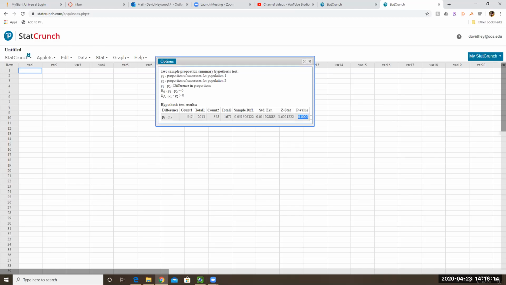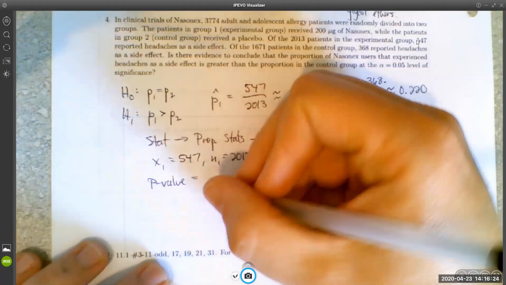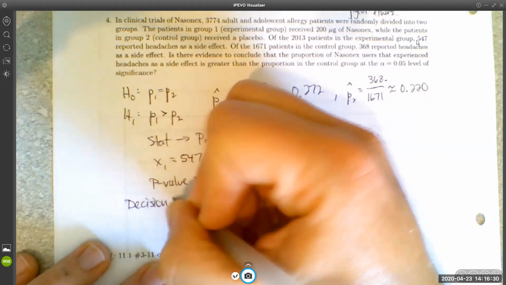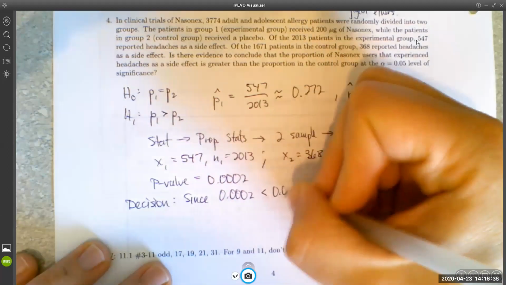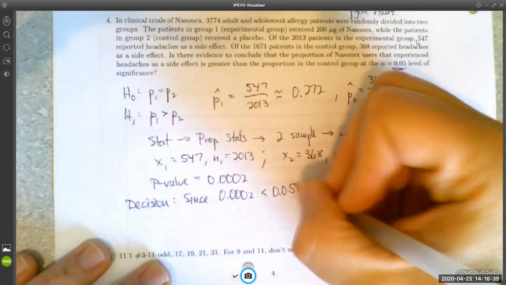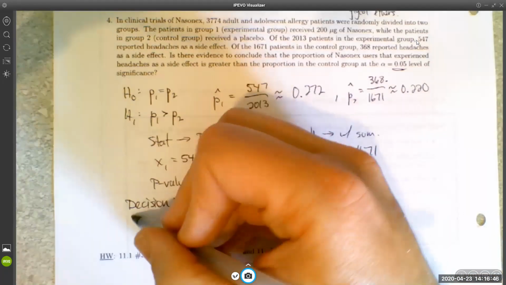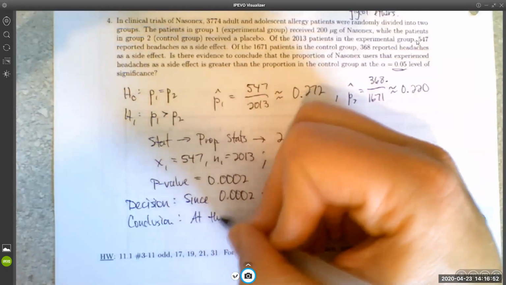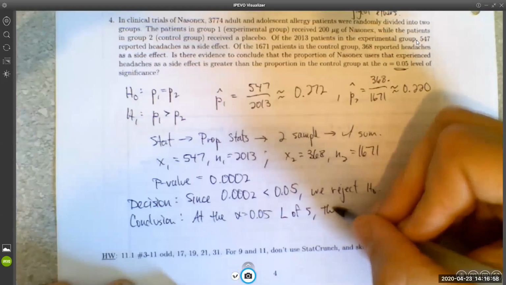Okay, another really small p-value, so we're going to be rejecting the null hypothesis again. So our p-value is 0.0002. Since 0.0002 is less than 0.05, we reject. Okay? So at the 0.05 level of significance, the evidence suggests